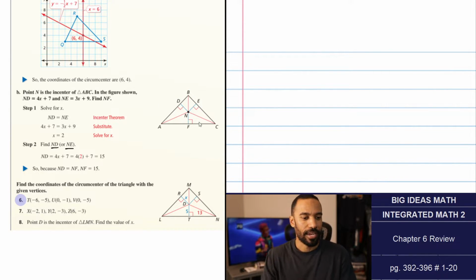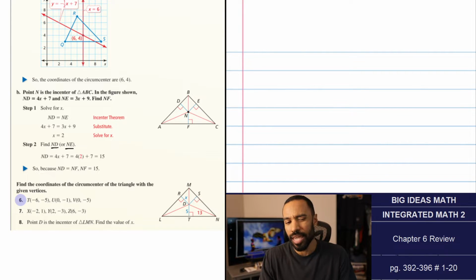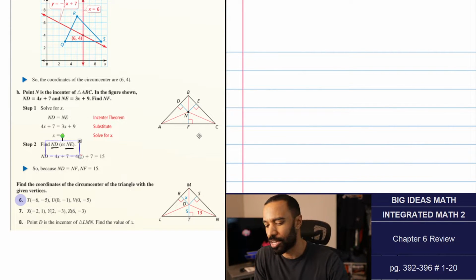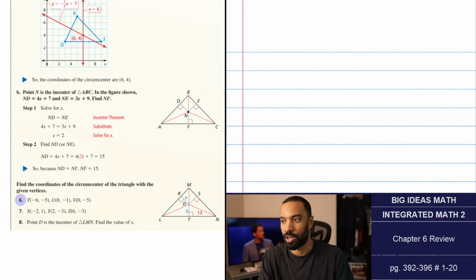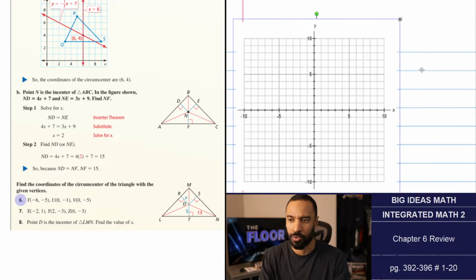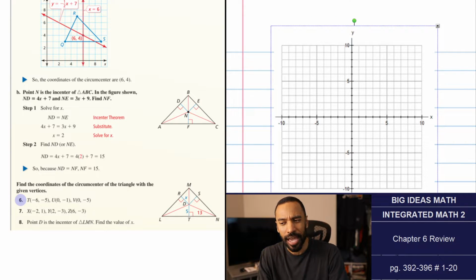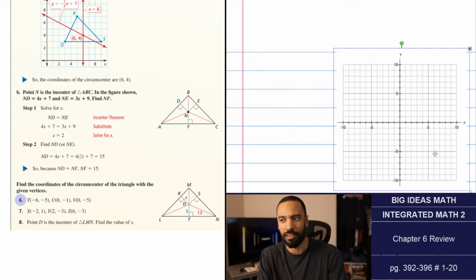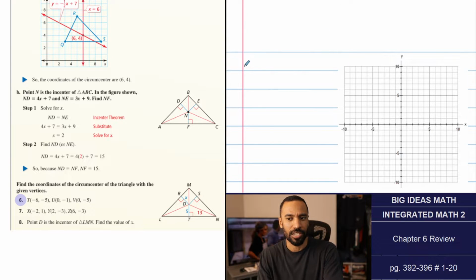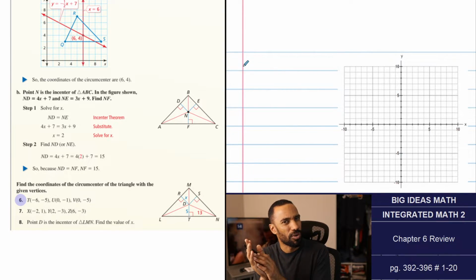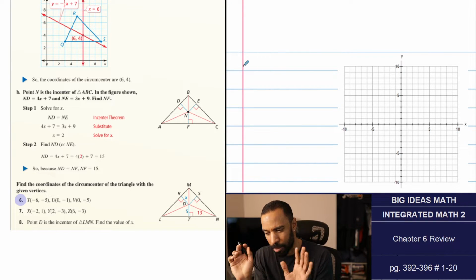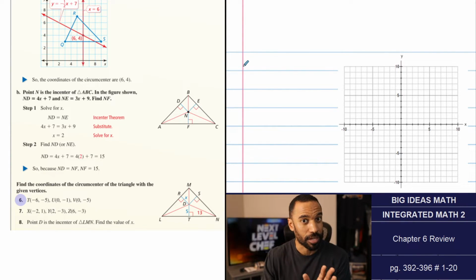So let's go ahead and jump right into it. Notice they actually didn't do any graph ones for in-centers because, believe it or not, I don't know how to draw angle bisectors of things on graphs generally. I really got to look at it and think into it, but since they don't have any problems on it, it's not as easy to divide things in half when it comes to slopes. You really have to think on how that works. It might be easy, but I don't think on it very often. Anyway,